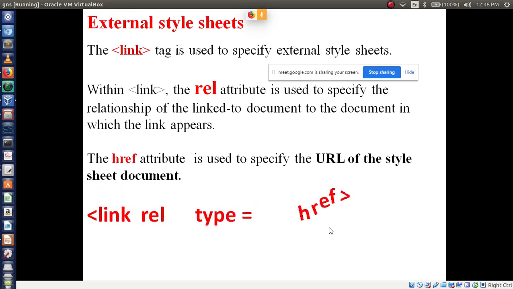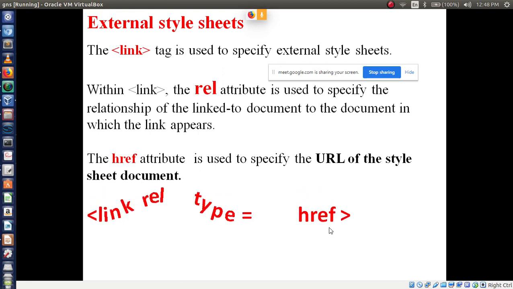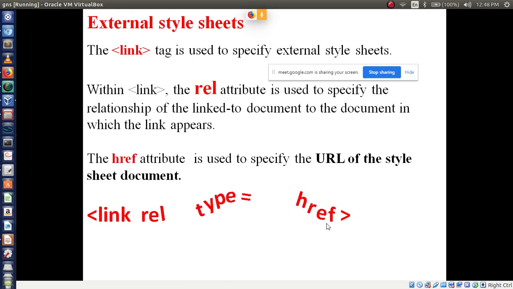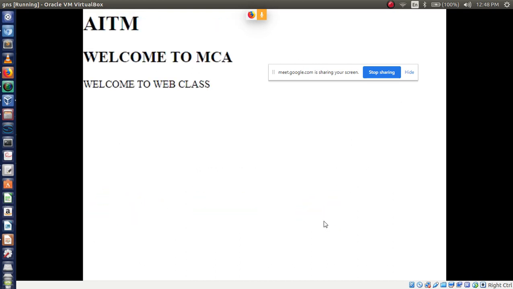Okay, and have you written the previous slide image, like first HTML? Okay, that is in general. Fine.